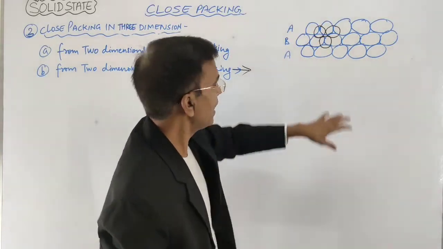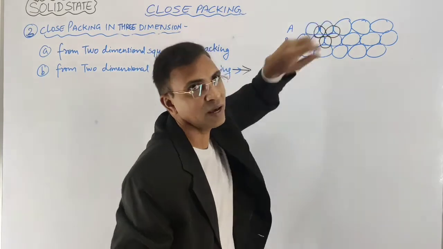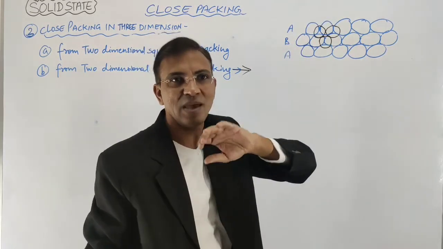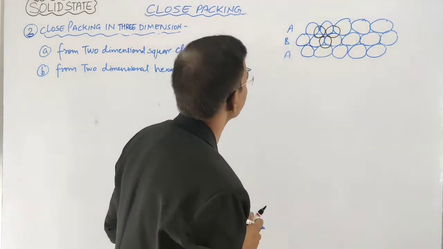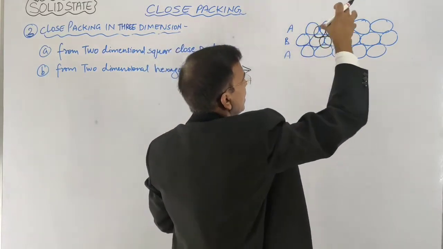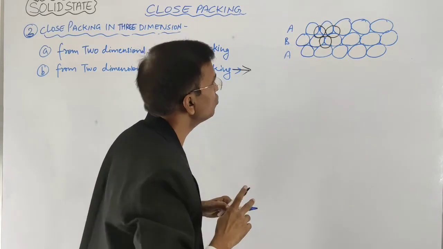So this is the third layer of atoms over the two-dimensional arrangement, and this forms the three-dimensional structure. And this arrangement of atoms is AB type, means two-dimensional hexagonal close-packing structure. If you observe here, by placing the above layer to make it three-dimensional, two types of